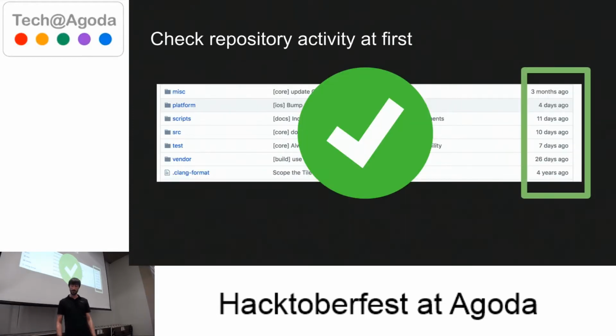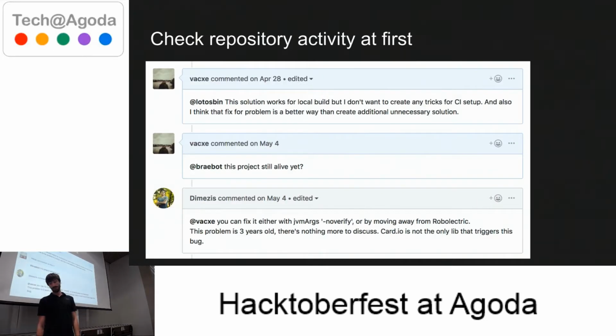Here's a good example. When you open some repo and you have activity around 4 days ago, or 6 months ago, you can understand that this repository is still alive. And if you create some pull request or issue, it's not just a waste of time. Otherwise, that's a waste of your time. You can check activity in the repository. For example, here it's an example from